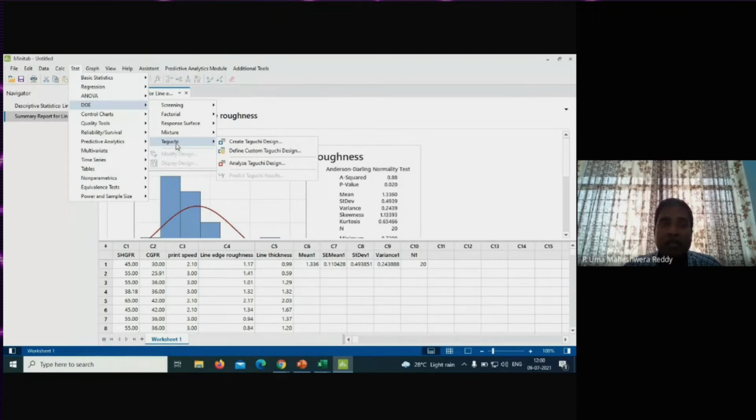Relatively, Taguchi and response surface methodology provide a greater number of experimental sources of information, so you can design your data in a better way by using the response surface technique and the Taguchi technique. So let me focus on the response surface and Taguchi techniques. Before moving forward to Taguchi or response surface methodology, let me explain the design of experiments.